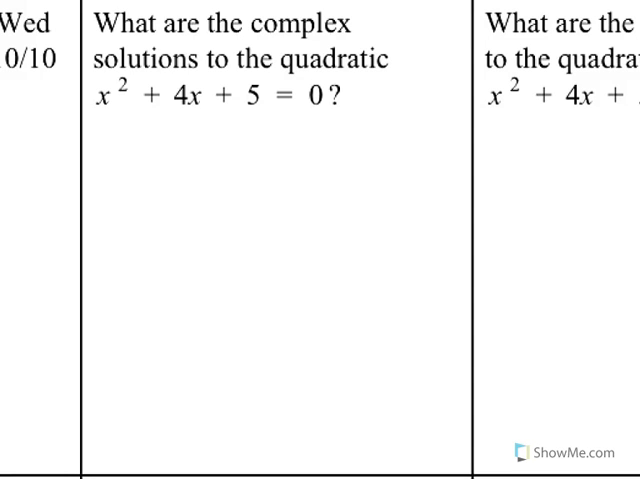Hi Math 2. So today we're going to look at a problem that was on your CIA that we didn't do very well on, and you're going to see it again on your midterm, so we need to review it. And so we need to find all the complex solutions to the quadratic. Now, complex solutions is a key phrase here